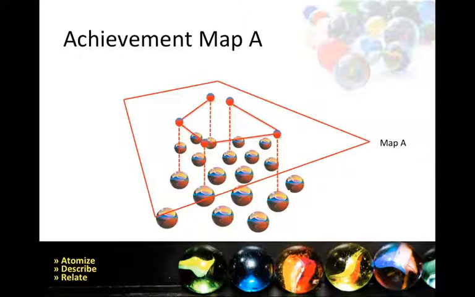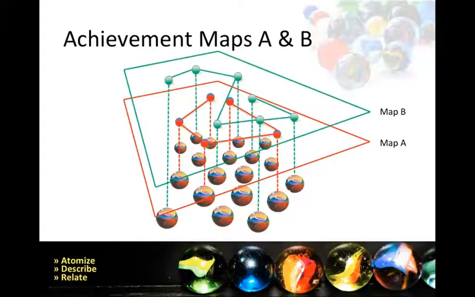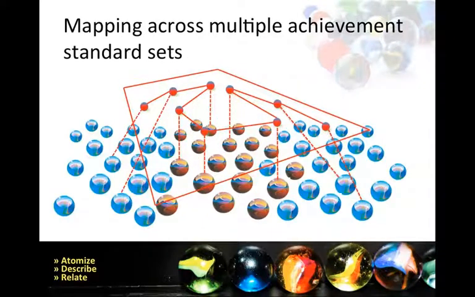So a set of achievement standards, the marbles here at the bottom, may have different maps structured on top of it. And this could be 1 to n different maps. So achievement maps are the way you bring meaning and curricular structures into being in the ASM. And of course, nothing says that they can't be cross-jurisdictional. All the marbles don't have to come from the same set. They don't have to come from the same national curriculum.